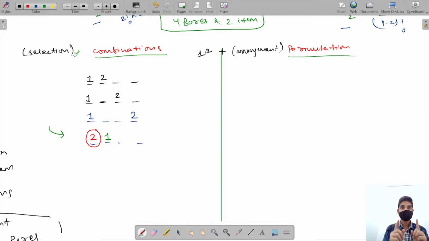Why? This doesn't matter for you whether in my left hand red ball is present or green ball is present. You have to select the balls now. So you close your eyes. So there are 4 boxes. You placed your hand and you found 2 balls in the first 2 boxes. This is called as selection.